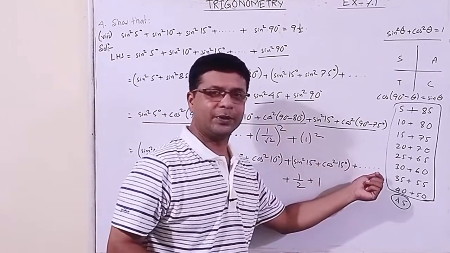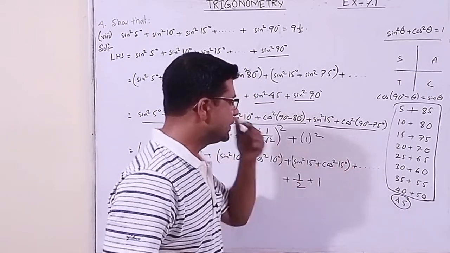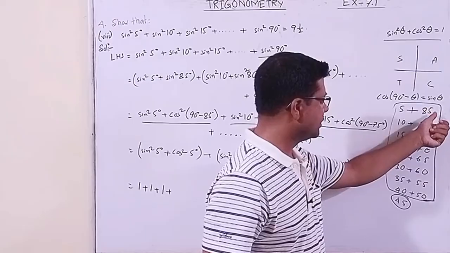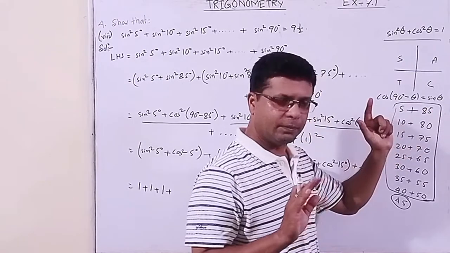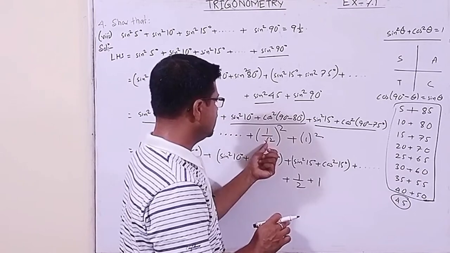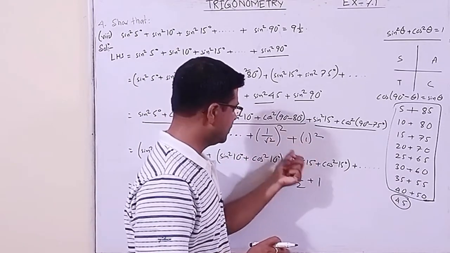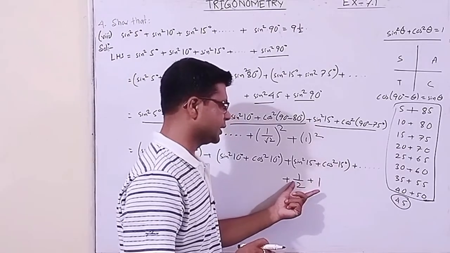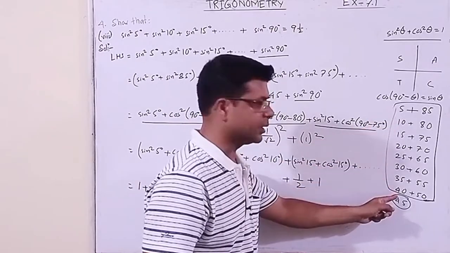Now the question is about this dot dot dot. How many such pairs are there? So let us count here. That's why initially we wrote it in the rough. How many pairs are there? But before that we are not counting this part. This and this remain extra. Always we'll put that half, so this half and 1 we shall put extra. Only this pair let us count.